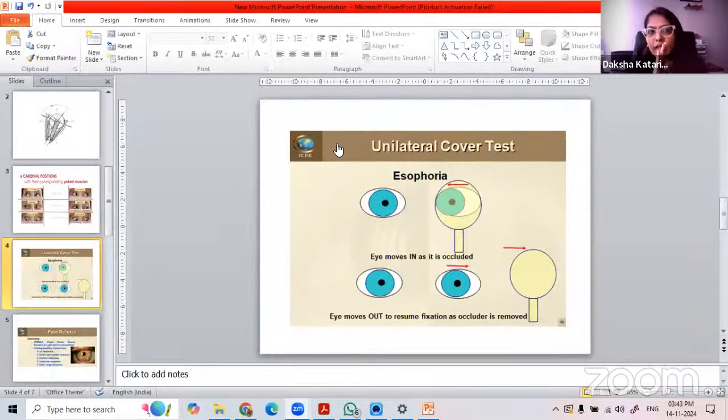When you're doing a cover uncover test, it is very important that you don't miss out on doing a cover test before you start with the alternate test. I have seen a lot of students and optometrists, they do one eye and then they directly start the alternate cover uncover test. Okay. So what happens at that time? You have the tendency of missing out any tropia or especially alternating tropias. So we have to do a cover uncover test for quite some time